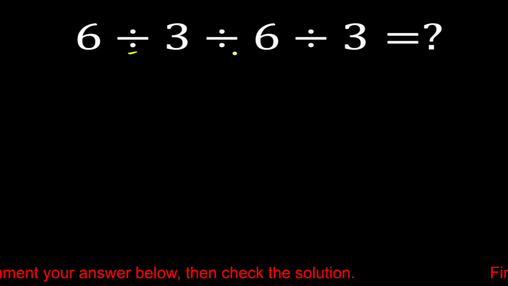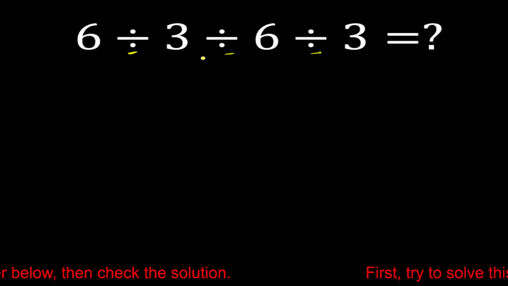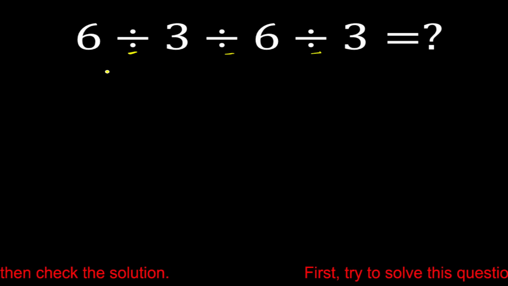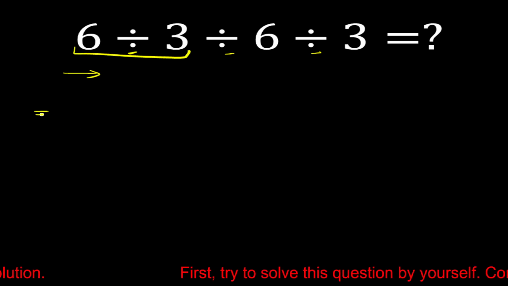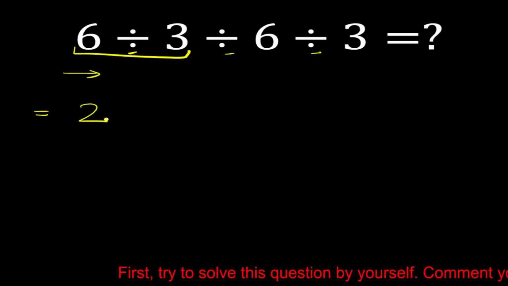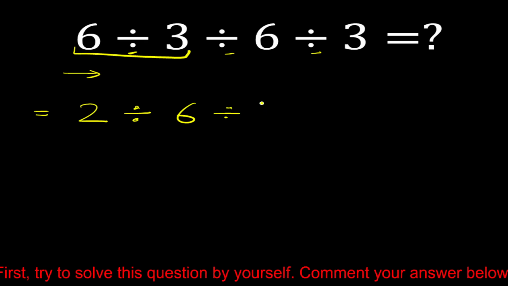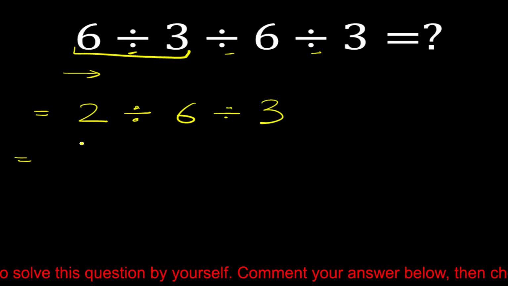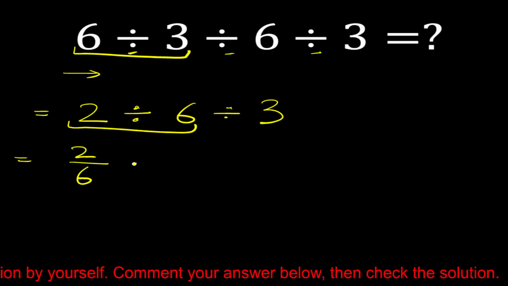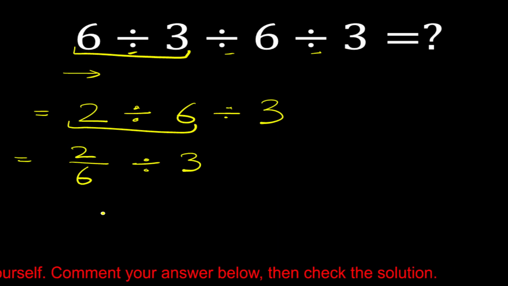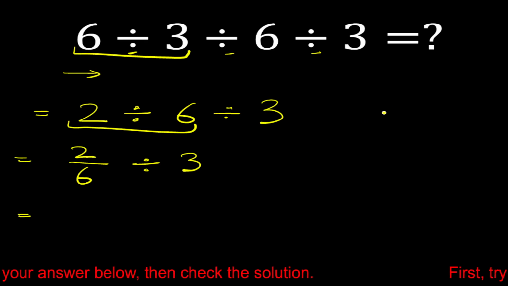So here is 1 division, here is 1 division, and here is also 1 division. So all have equal priority, therefore we have to solve from left to right. Okay, so first we have to solve this division. Therefore 6 divided by 3 is equal to 2. Now 2 divided by 6 can be written as 2 by 6 divided by 3. Okay, is equal to, now according to the KCF rule,